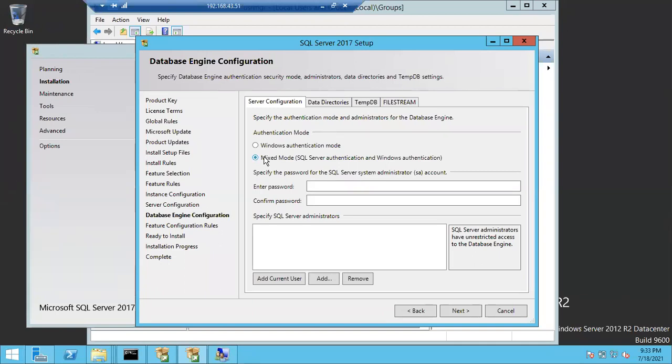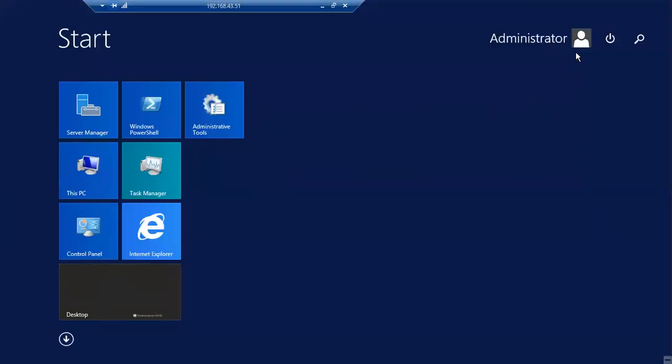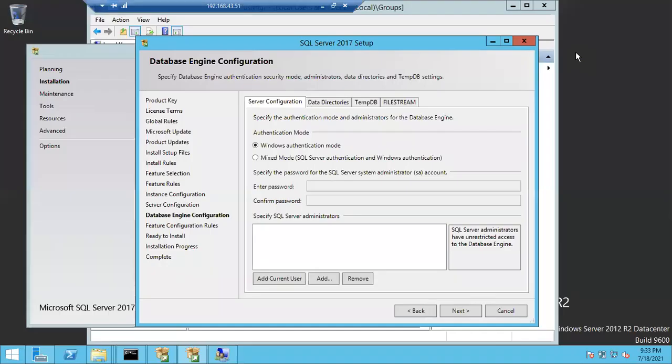I'll show you after installation of the SQL Server what is the difference: how to connect using Windows authentication, and how to connect using SQL Server authentication. Simply, if you choose Windows authentication, it won't ask for a password. Why? At the OS level, you are already a successful user. If you can log into the OS, you can connect to the SQL Server. But there is a star mark condition. Don't think that everyone who has access to the Windows machine can connect to the SQL Server. No. In case you want to connect to the SQL Server, an account should be created in the SQL Server. Then only you can connect to the SQL Server.